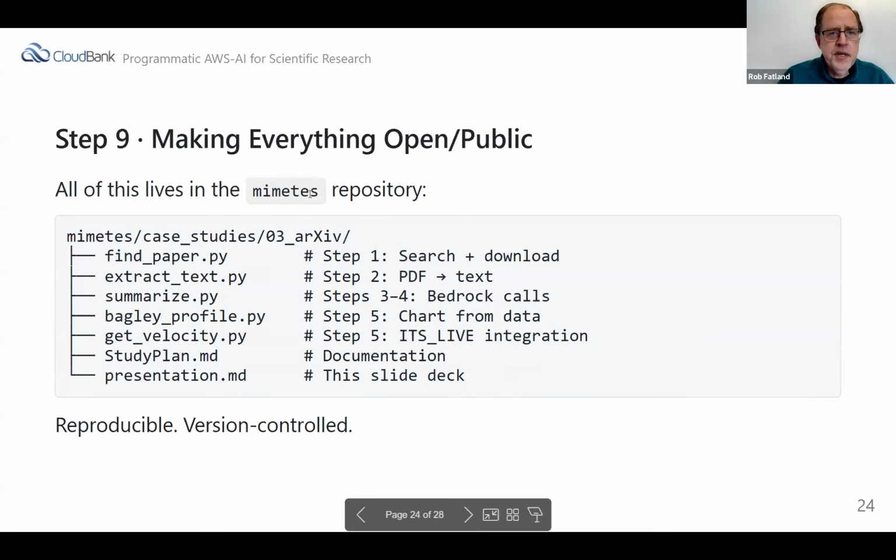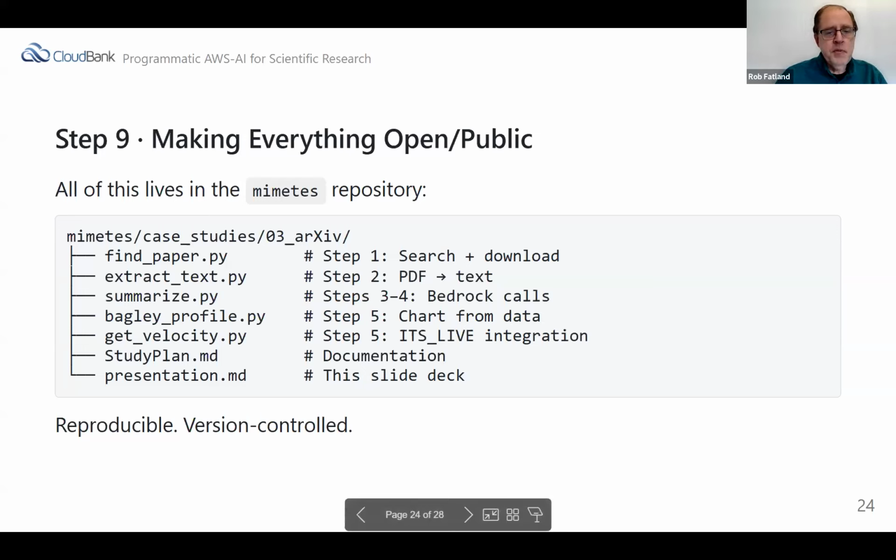The MyMatees repository under my Rob Fotland GitHub organization or my username has all the kind of stuff that I've been describing in this brief talk. So there's that, and it's part of our encouraging open and reproducible results to mention as often as we conveniently can that starting with GitHub and being careful with what you do and don't put in your GitHub repository, but providing this stuff so that other people can participate in what you've got going on is a great option to be able to have.